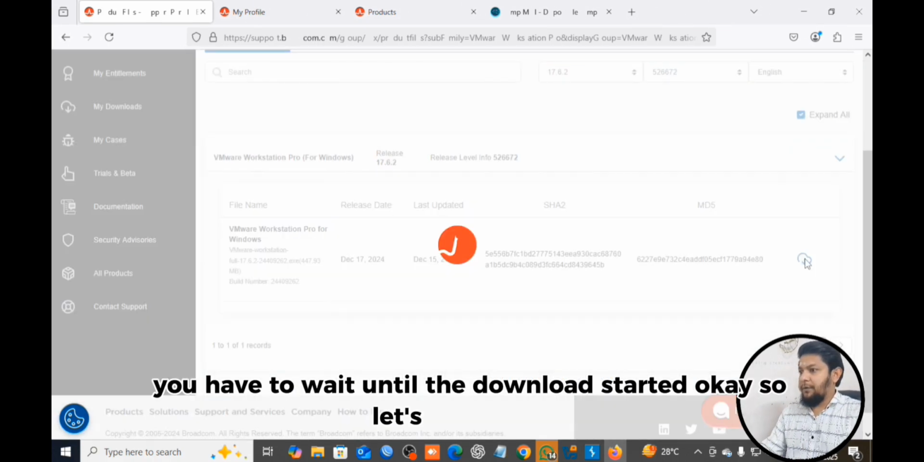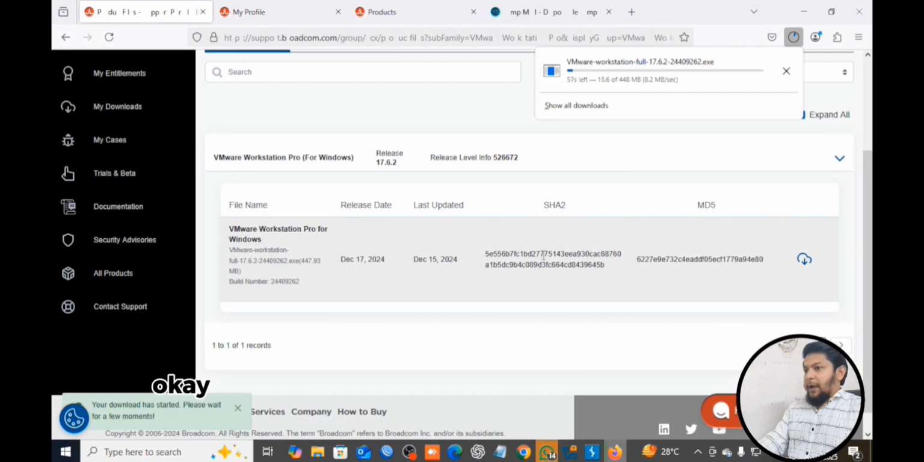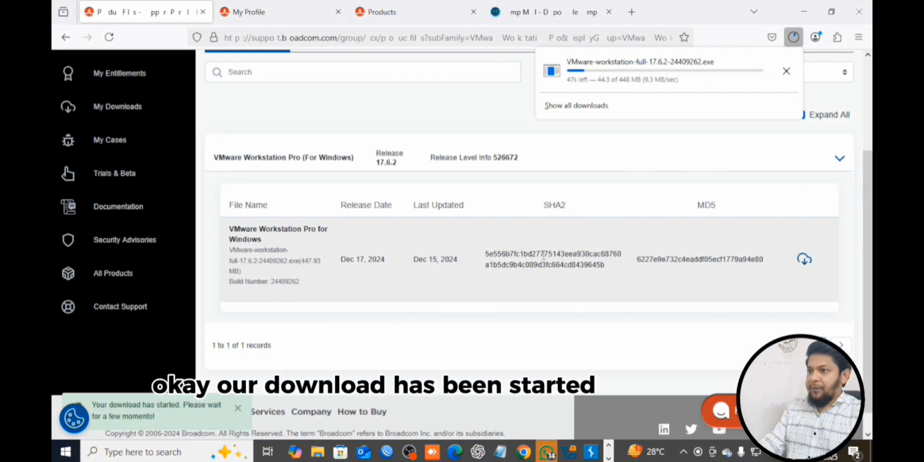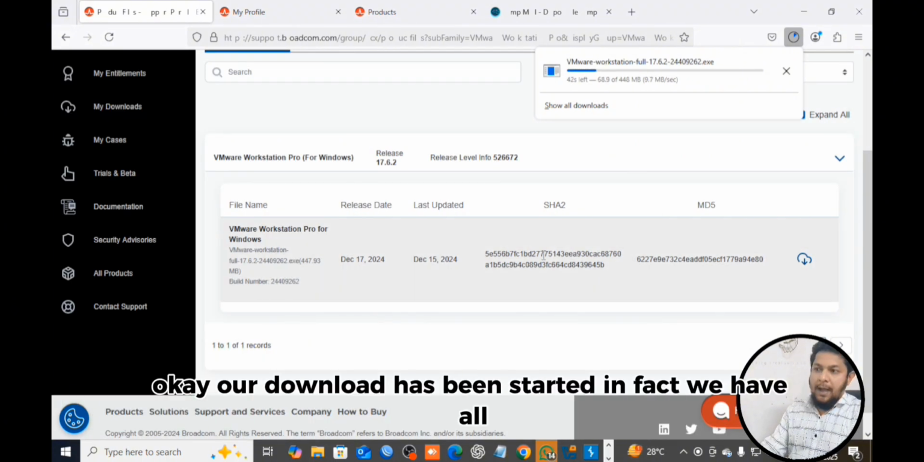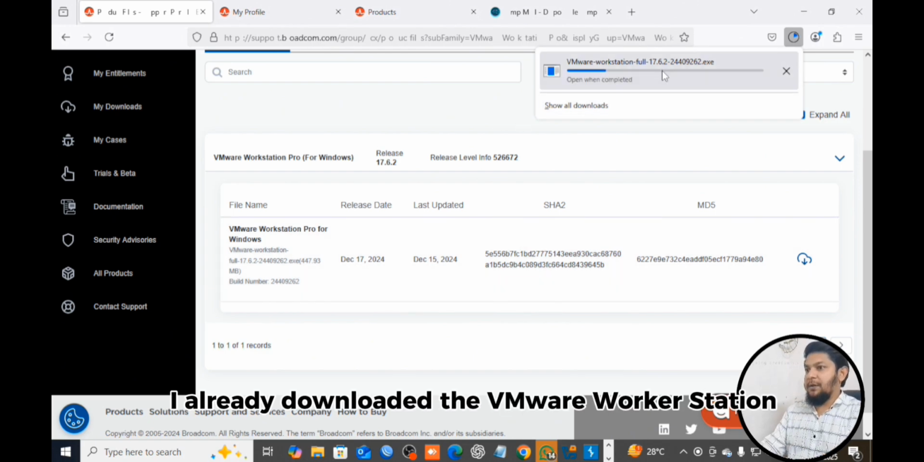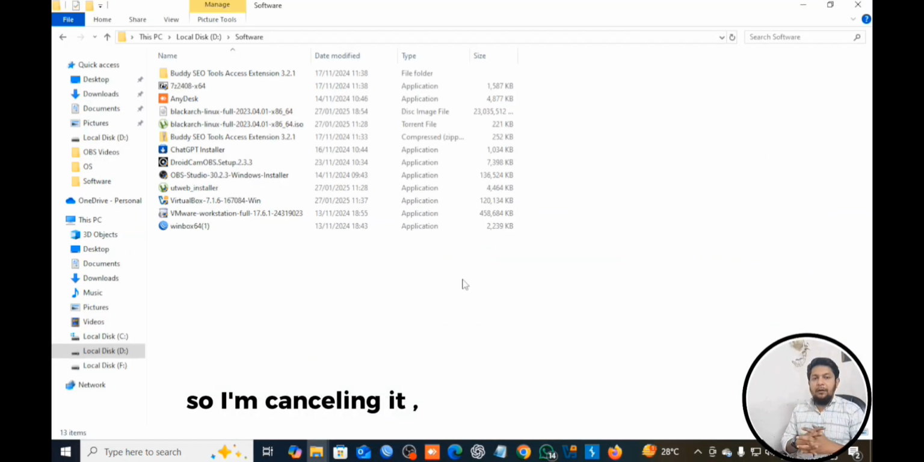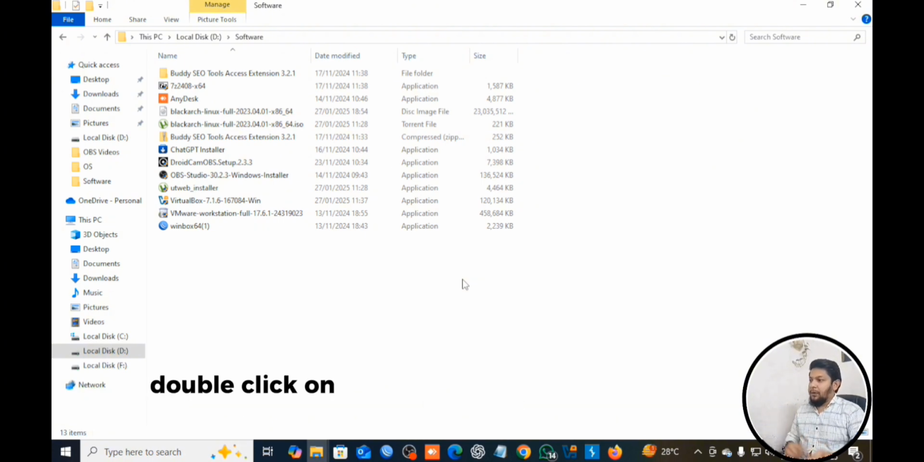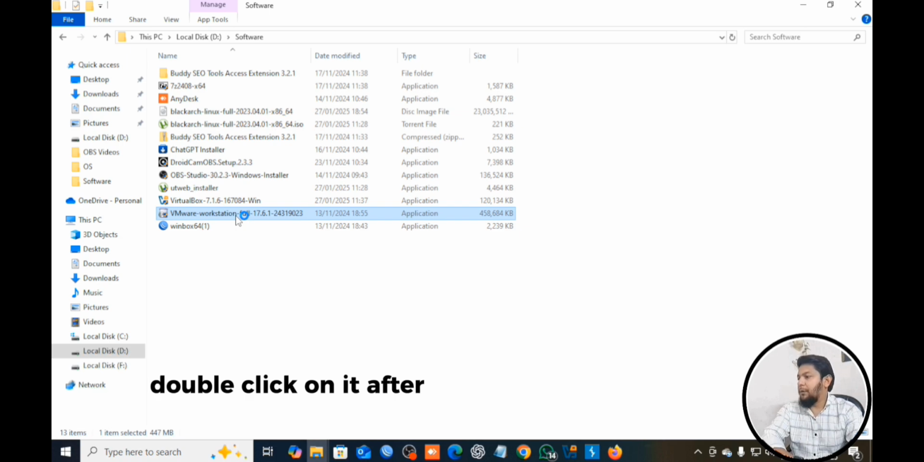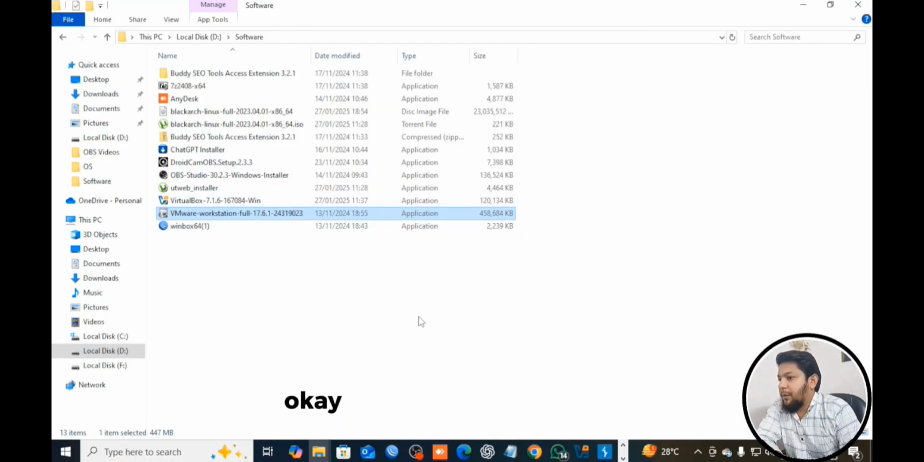Okay, so let's download it. Okay, our download has been started. In fact, I already downloaded the VMware Workstation Pro full ISO, so I'm canceling it. So now I'm going to install it. Double click on it, click yes, and then it prepares for installation. Okay, it will pop up here. Okay, this is it,